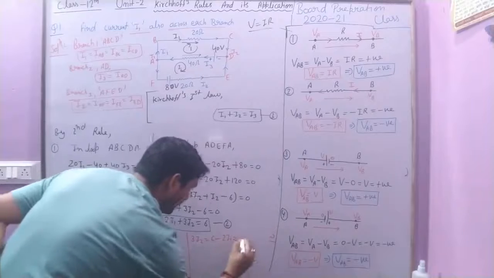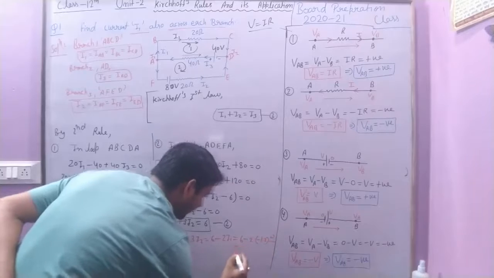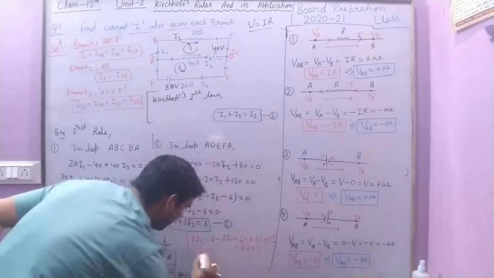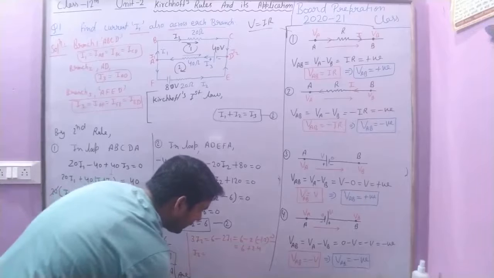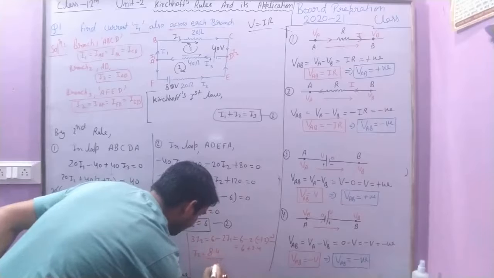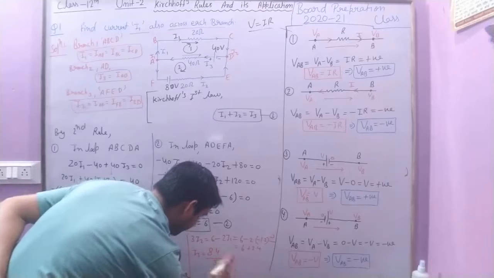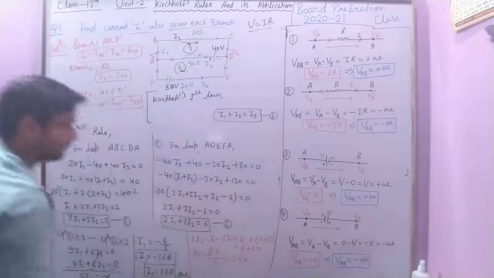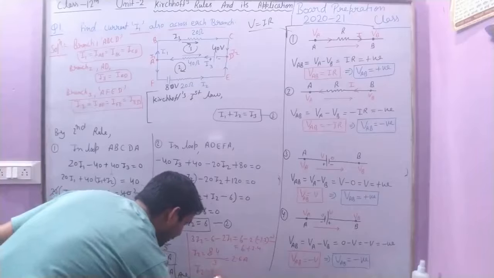Okay, so 6 minus 2 times minus 1.2, so it should be 6 plus 2.4, therefore I2 is equal to 8.4 by 3, so this value is 2.8 ampere. Okay, so I2 is equal to 2.8 ampere,